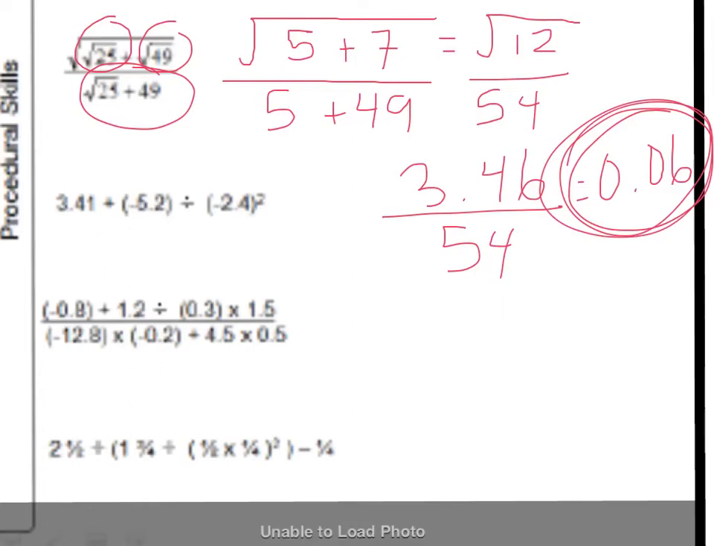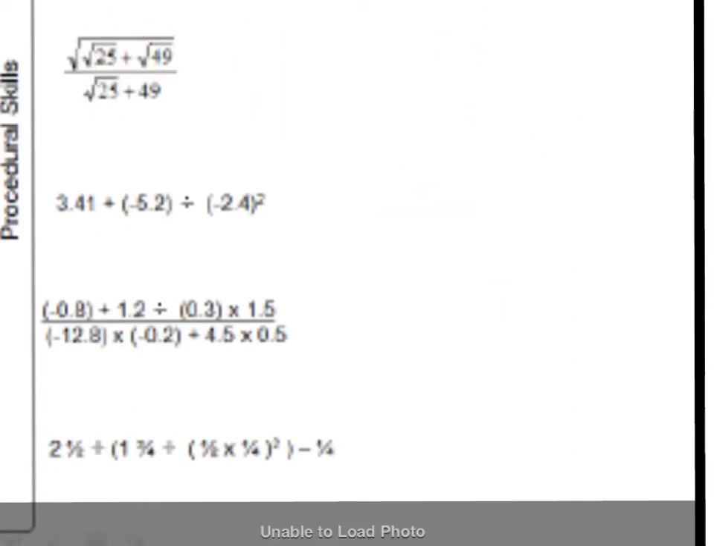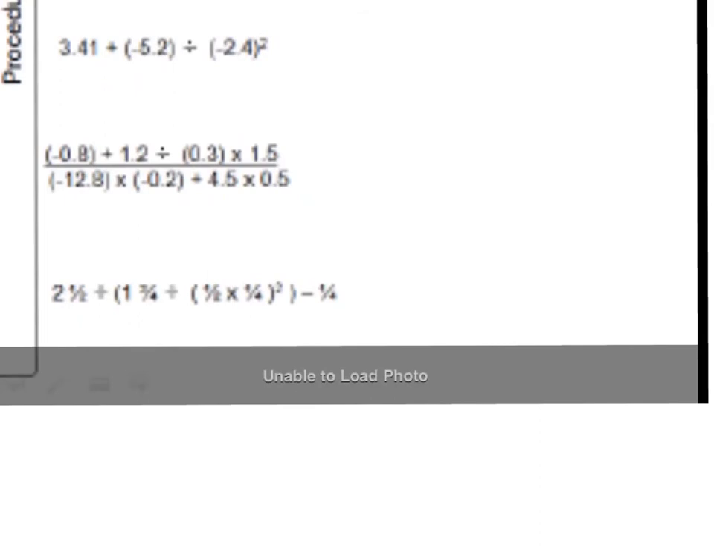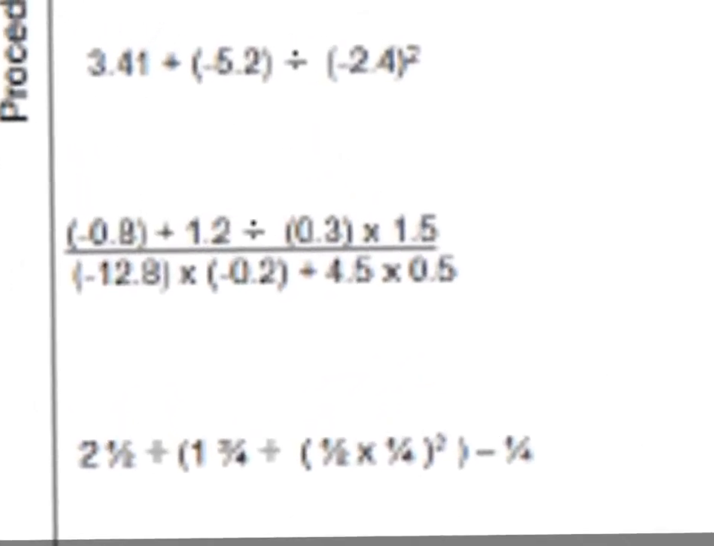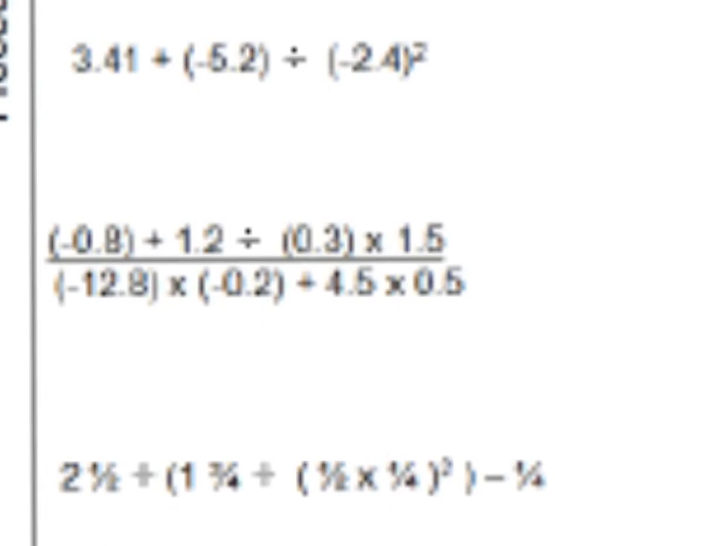Okay, the next question, let me clear some of this. Move that up. We have a square here. We got to deal with that one first. And once we deal with the square, we'll deal with the division. And once we've dealt with the division, we deal with the adding. Okay, so the first thing we need to do, that square applies to everything in the bracket. So that's negative 2.4 times a negative 2.4, which is 5.76 positive. We divide that by,